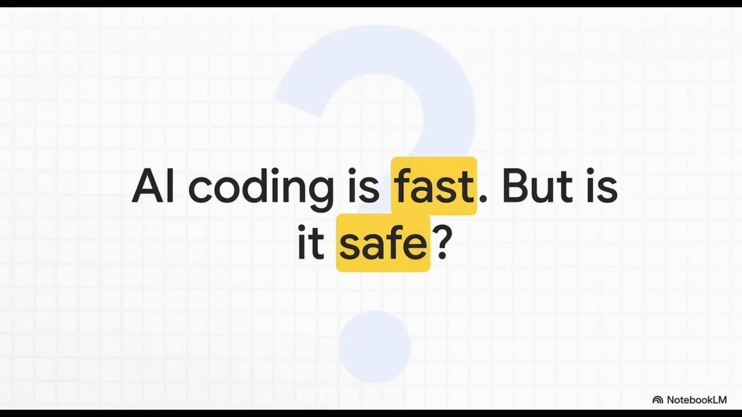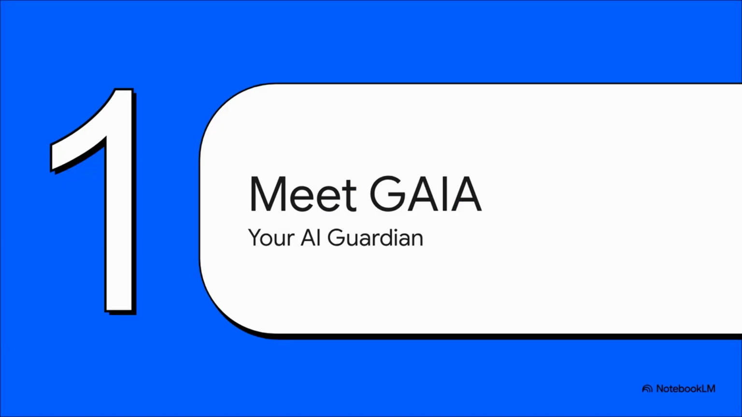Let's be real. AI coding assistants are amazing. They can write, they can test, they can deploy applications way faster than we ever could before. But with all this speed, it begs the question, are we compromising on safety? Are we maybe moving a little too fast? Well, that's exactly where Gaia comes into the picture. It's designed to act as your AI guardian, a kind of protective layer that lets developers use the full power